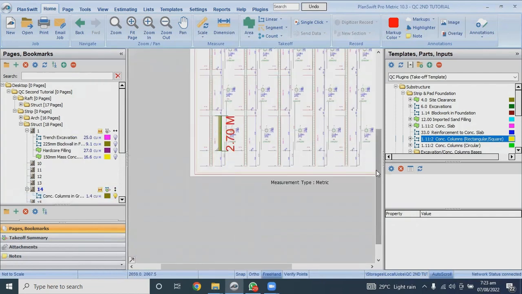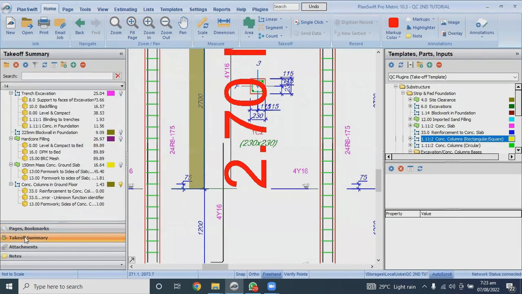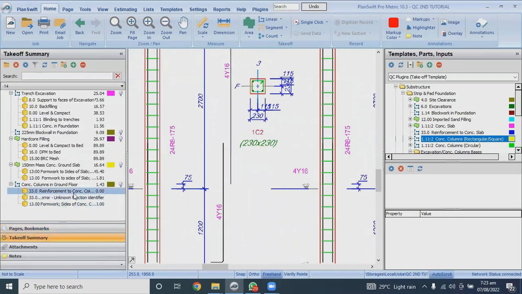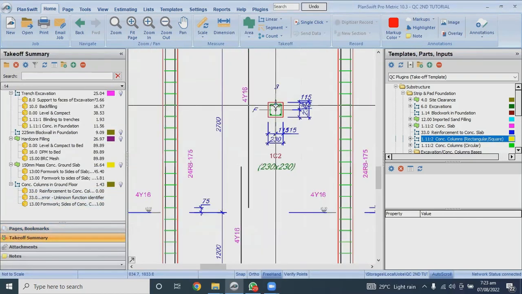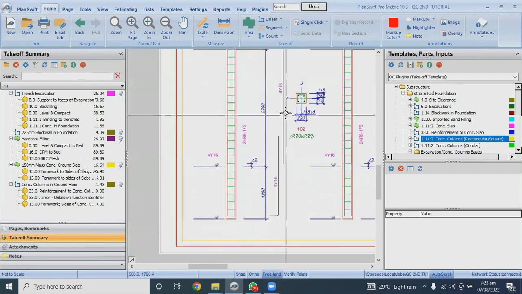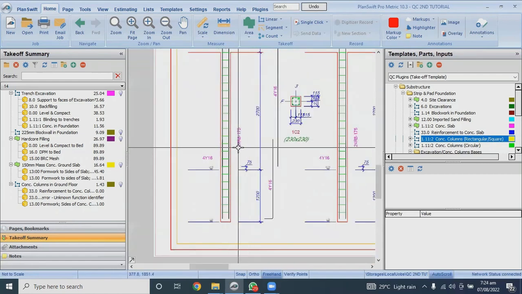So what about the sub items under this concrete column? If I want to see sub items, I'll click on this take-off summary. So this is my column in ground floor. What of reinforcement to column? We look at the structure critically. This is the structure. So we have 4 Y16. They use 4 number Y16 for the column,